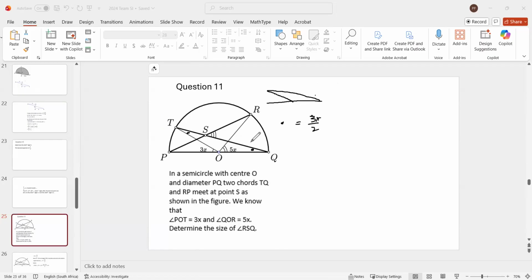Okay, so now you also have OR equal to OP. I'm going to put a cross here. And in the same way, you got two crosses. If you add these two, this becomes the exterior angle. So two crosses is equal to 5x. So one cross is 5x over 2. Fine. And then if you see the angle that you're looking for,